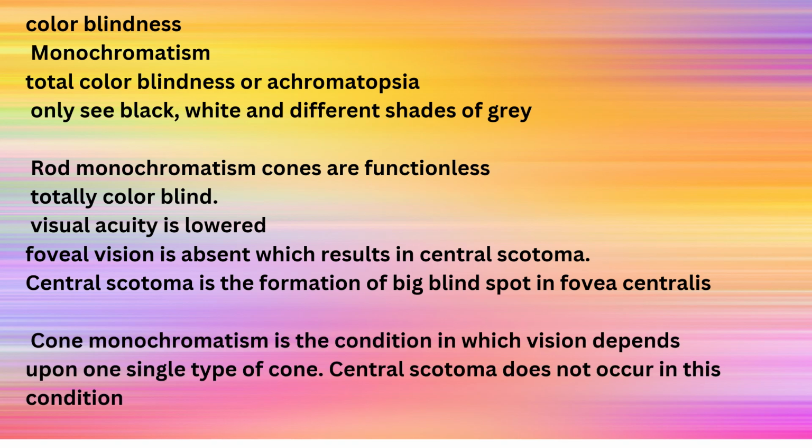Another monochromatism is cone monochromatism. In this condition, vision is dependent on only one type of cone. Of the three primary colors, only one type of cone will be present. It will not match all the three colors. The combination of the three primary colors only produces the